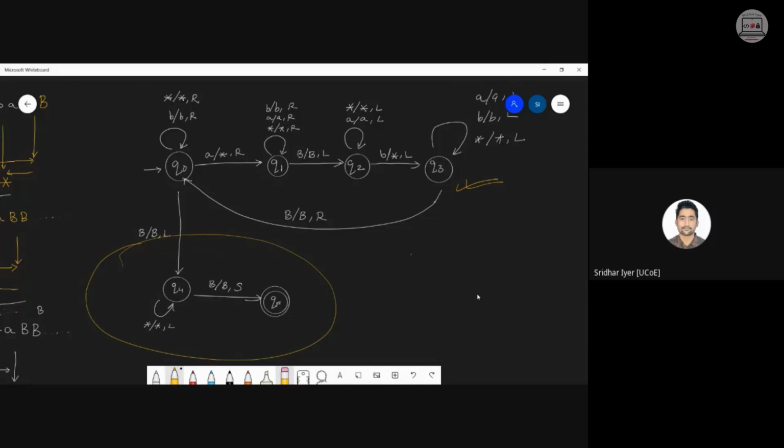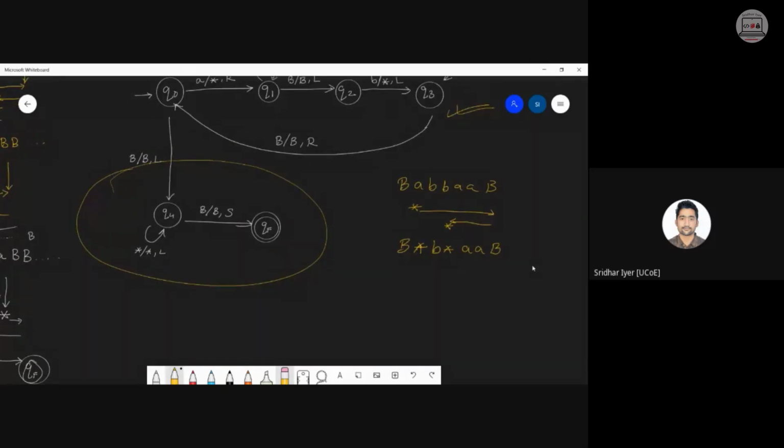Let's take this example. Triple A, sorry, the sequence doesn't matter. It could be A, B, B, A, A. What I'm trying to do is, replace the first A with a star, then according to our logic, go till this blank, and while coming back, replace this B with a star. So we are left with something like this. I'm again using the simulation to solve it. Again, I'm in Q0 state now. What I will do, I will bypass everything. Convert this A into a star, move right, and while coming back, convert this B into a star. So after the end of these cycles, I'm left with these values. Yes or no? Am I correct?